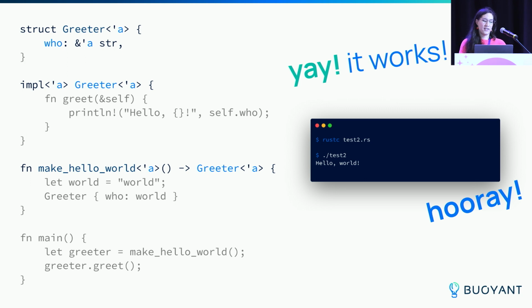And the reason for that is that the compiler is able to determine that that world string is just a static string. It's not created dynamically, so it can be allocated statically, and therefore its lifetime is the entire lifetime of the program. And so it's able to infer that all of those lifetimes are going to work out. You're always going to access that reference at a time that's valid for it, and everything's great.